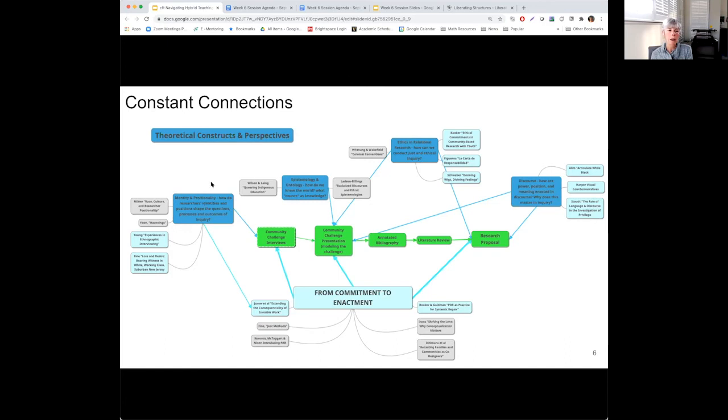In the darker blue are our core topics. In the gray are more theoretical pieces. In the light blue are case examples or enactments of those theoretical ideas. And then each of these arrows shows how they can draw from certain assignments to help them think about particular assignments. The bright green were the tasks that they had to do through the course. And again, they found those mapping structures incredibly helpful. So that's what I did.